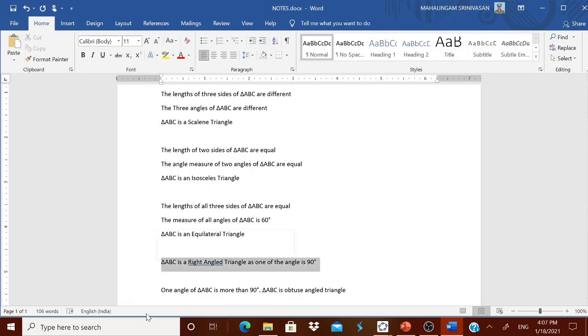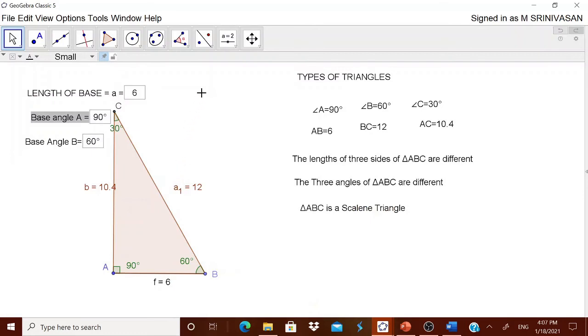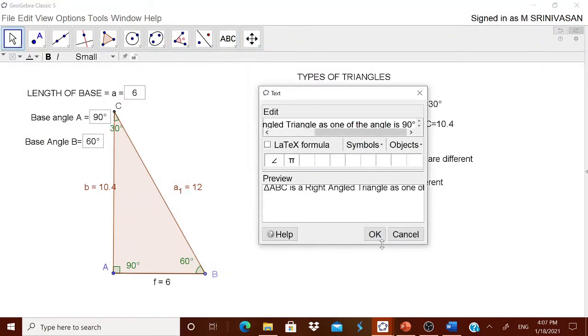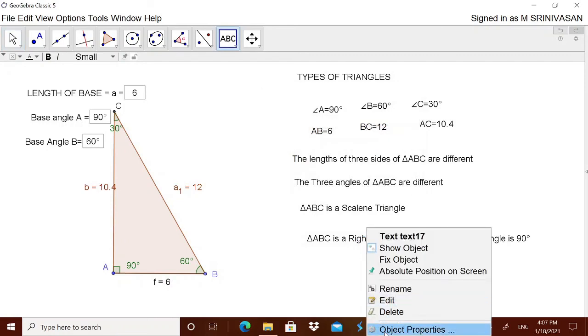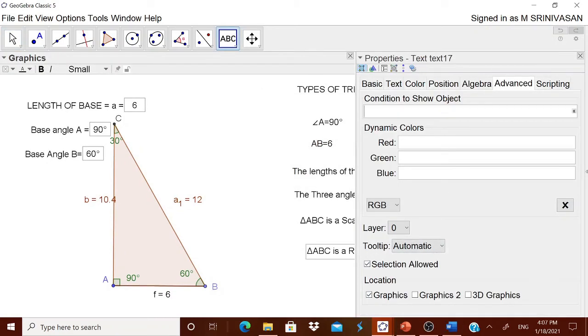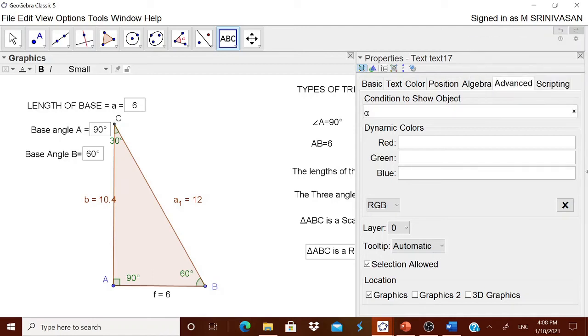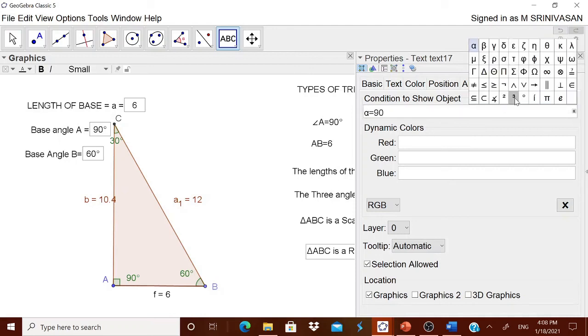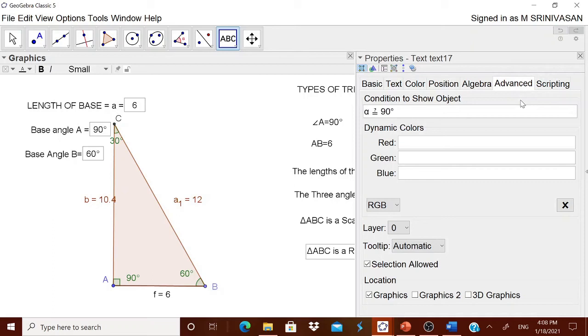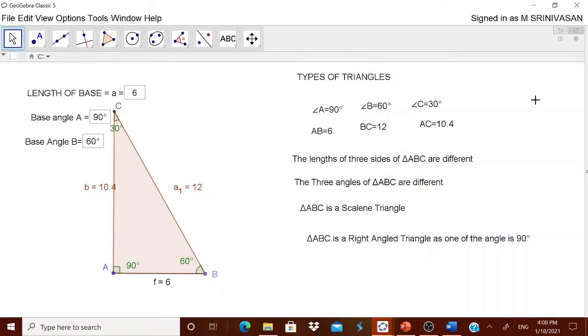Now this statement we have to make and then put it over here, because this statement will be an extra statement only for right angle triangle. Now this statement should be true only when object properties, go to it. Which angle is 90 in this condition? Alpha. Therefore, go to this alpha. Go to this alpha is equal to 90. Then come back and then put it as degrees. Okay, enter.